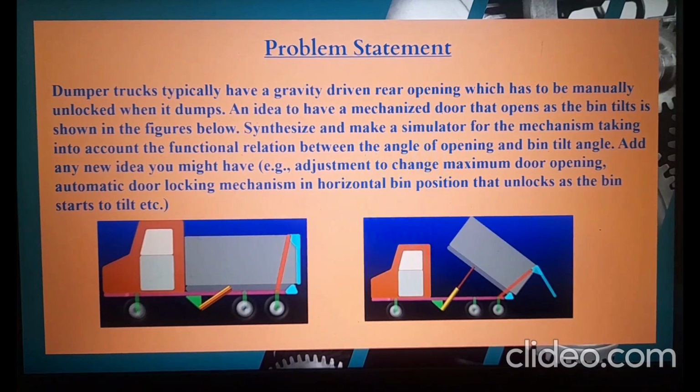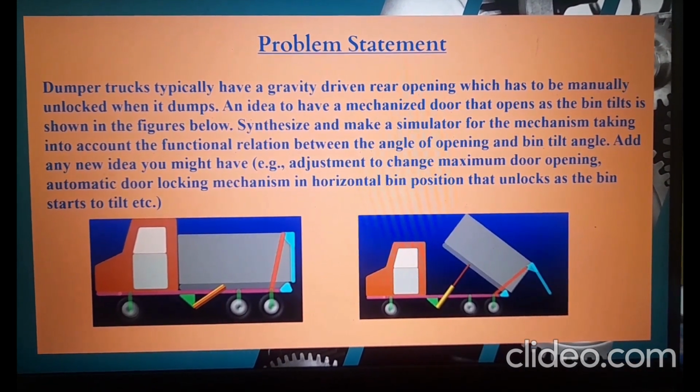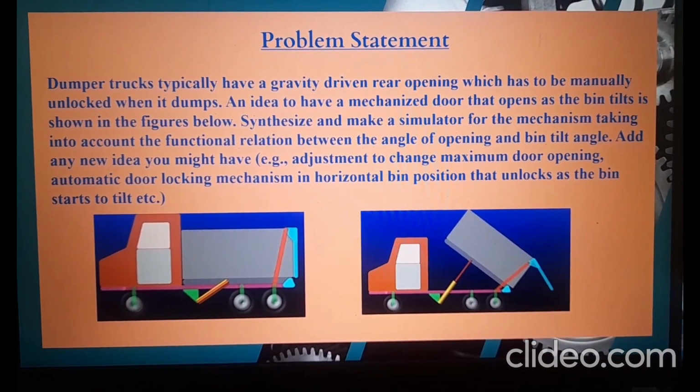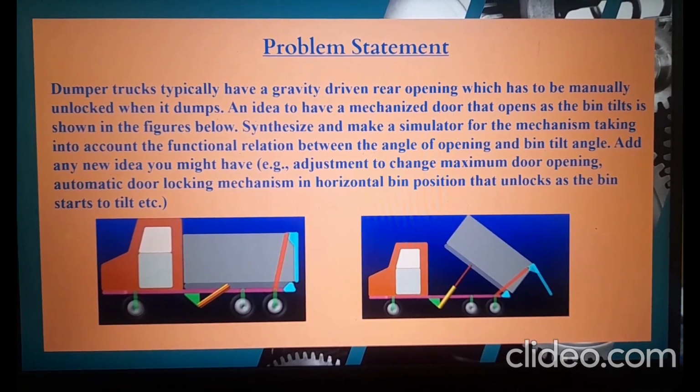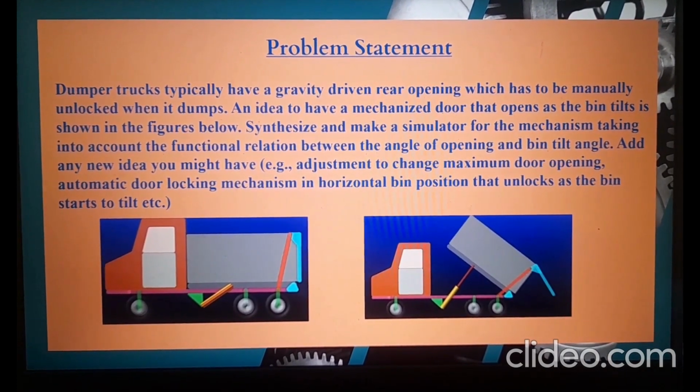From tutorial 5, we have chosen the third problem statement of the dumper truck mechanism having a gravity driven rear opening which has to be manually unlocked when it dumps. So basically it is an idea to have a mechanized door that opens as the bin tilts, as it is